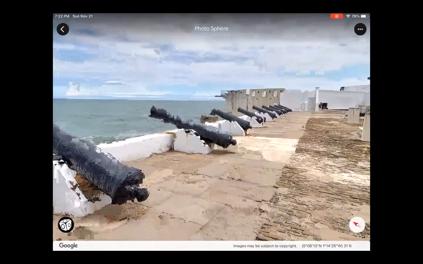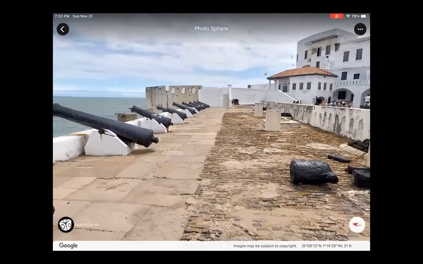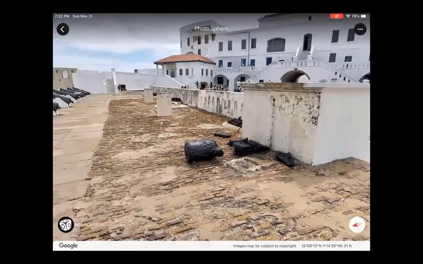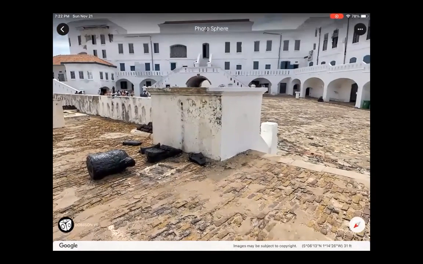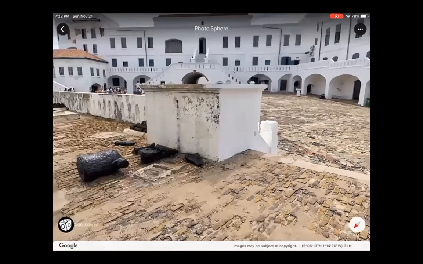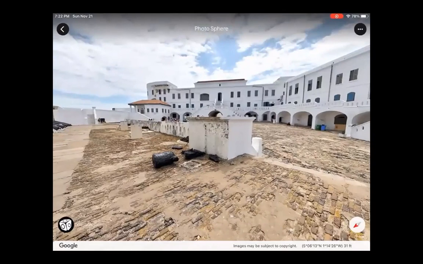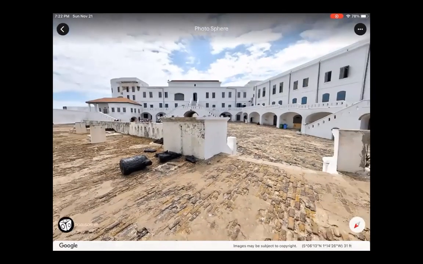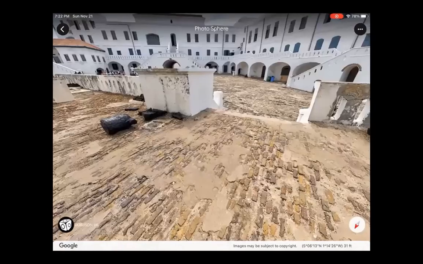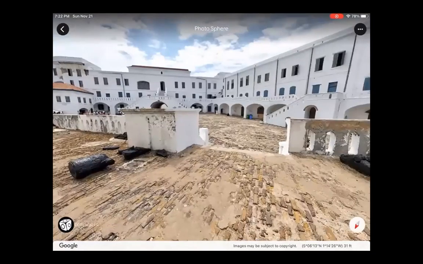So you can see there's a rather impressive firearm structure with all the cannonballs behind it available to protect this large fort. And look, from here out to the ocean is a region of dominance. You can call this into focus and begin to walk around the inside of this kind of structure